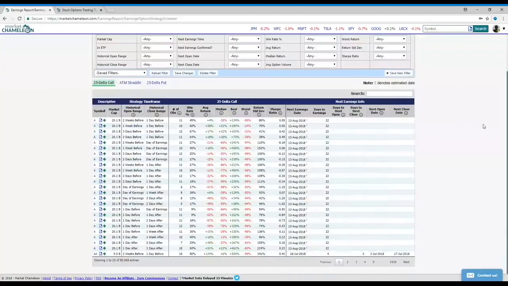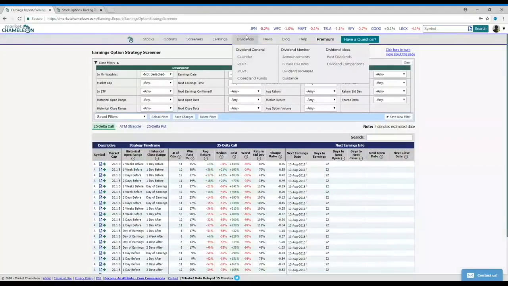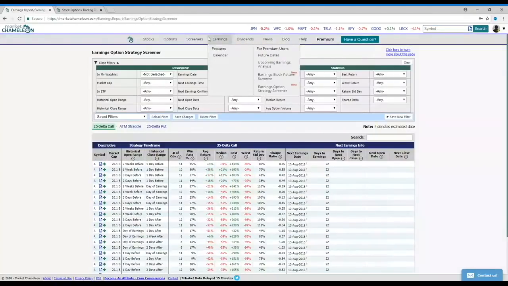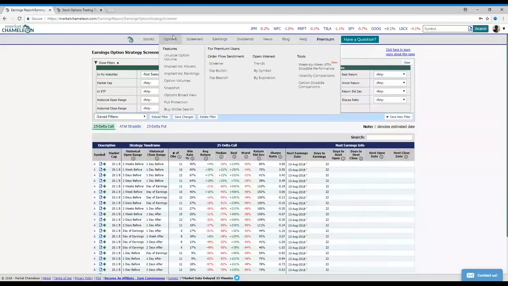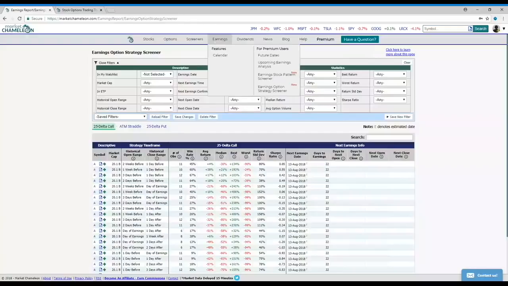We didn't go to this page yet, but let's make everyone aware. This is a different page. I just jumped to it just so they know where it is. Again, it's a premium feature. So if you go to earnings, let's start after the calendar. That's what sits on the site for everyone to see. Then there's the premium feature, future dates, upcoming earnings analysis, which is a great idea generator as well. And then there's the earnings option screener right here. So if you click on that,